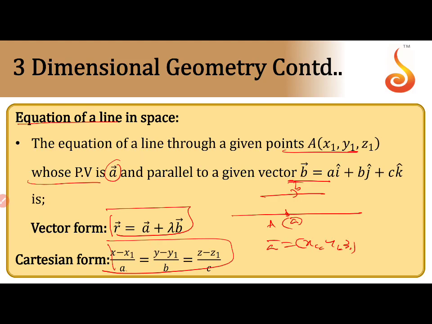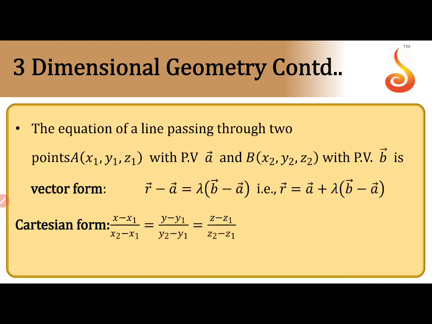That's a point from the numerator comes here. So b bar is ai, bj plus ck. Here a, b, c are DRs of a line. a comma b comma c are DRs of a line. They are vector components. Vector components are always DRs only. Clear that one? Next,